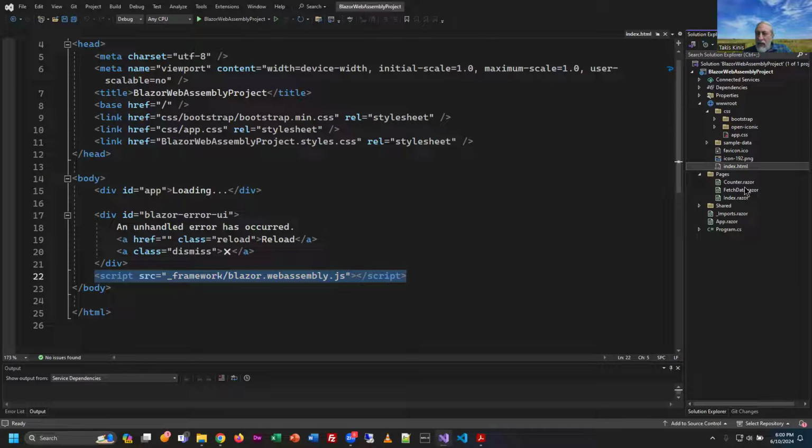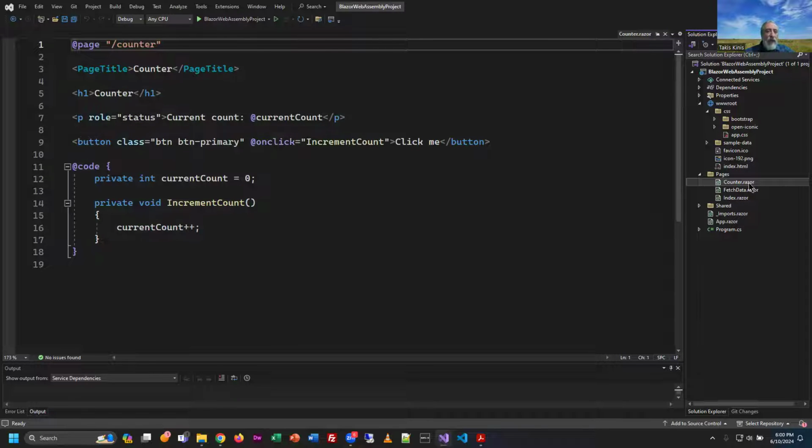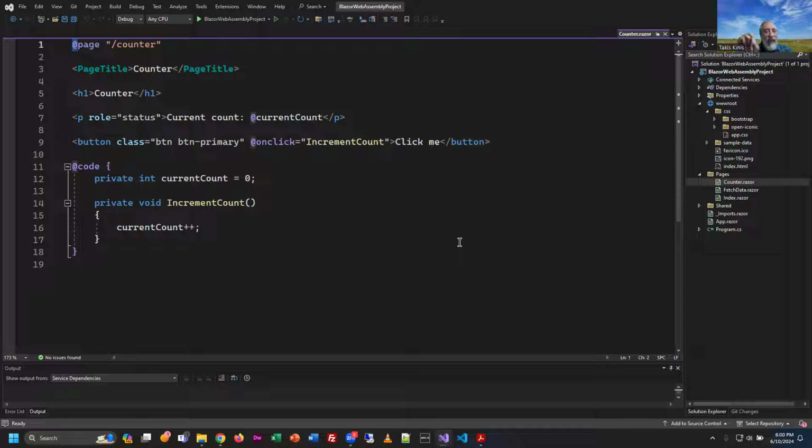Then you can go into the pages folder here, and then you can actually look at some Razor code. So for example, here's some Razor code. And how do you know you're looking at Razor code, right? So we'll talk about this later when we get to that chapter. But whenever you see that ampersand, that's an indicator you're dealing with Razor. And you'll see that